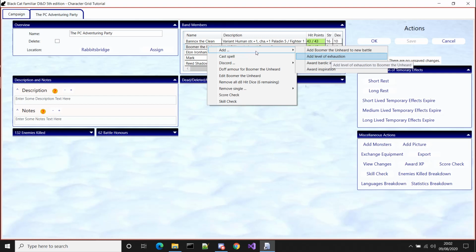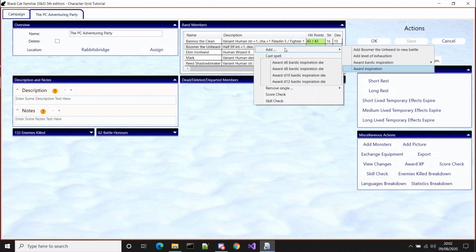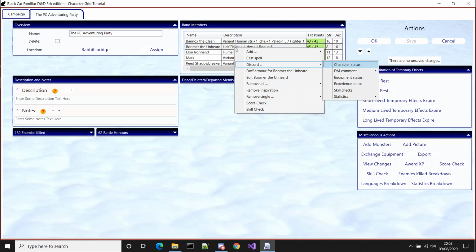The add menu lets you add things, so I can add a level of exhaustion, and I can award inspiration, Dungeon Master inspiration. I can add the character to a new battle. We'll come back to that one. We can cast a spell out of combat. Because these players have been